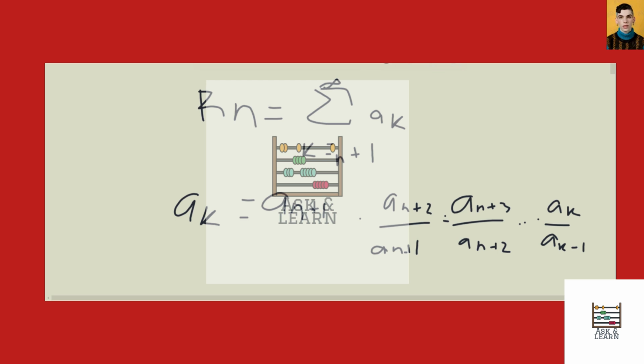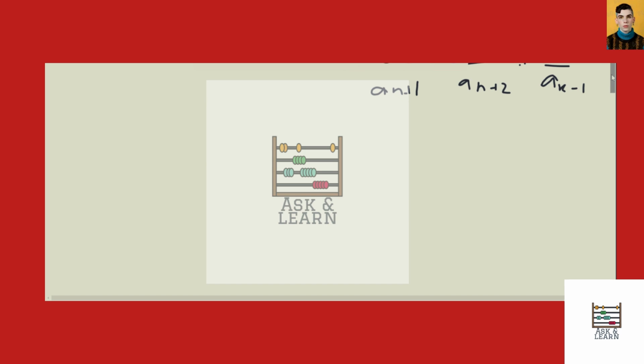And what this allows us to do is rewrite the series in terms of the r series that was given. So then we get a sub n plus 1, r sub n plus 1, r sub n plus 2, and so on, up to r sub k